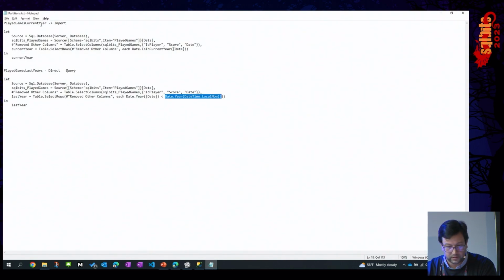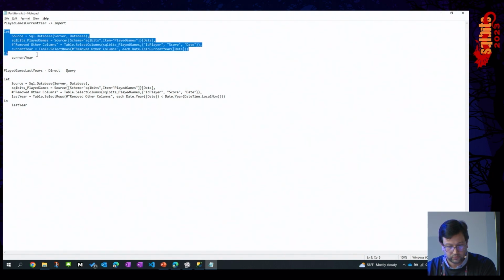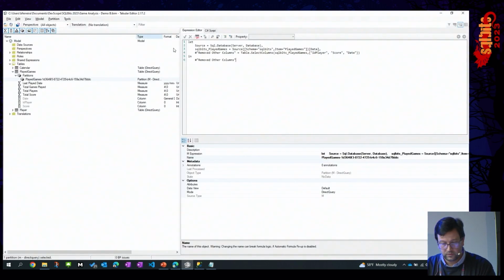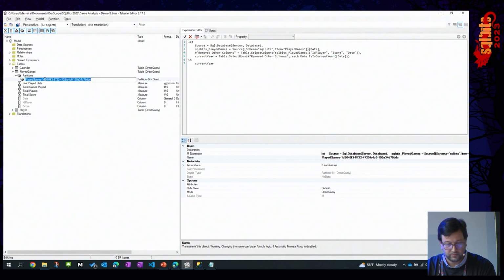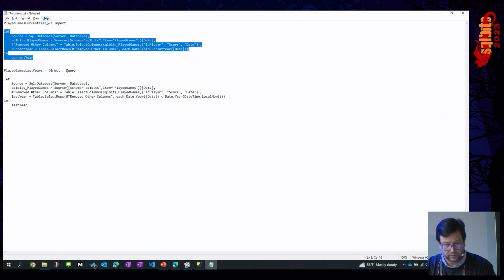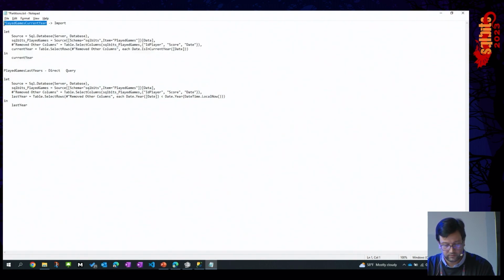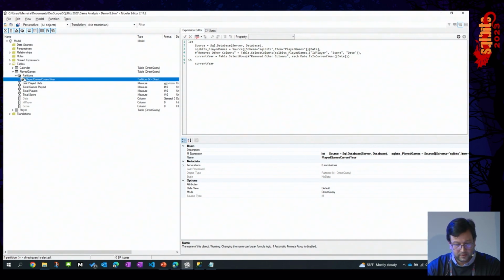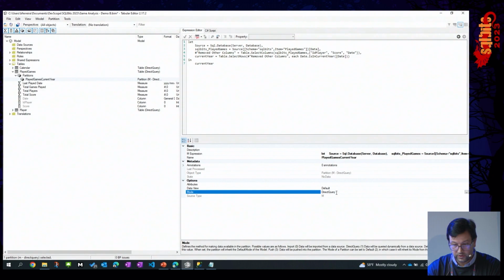Copy first. Yes, let's use this one. Copy, and paste and change the name. We do the same thing here. Okay. Let's change this. No, this is already current year. Yes, current year. Let's change the storage mode from direct query to import mode,